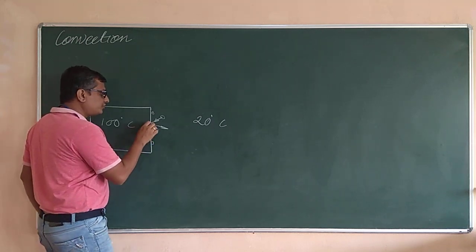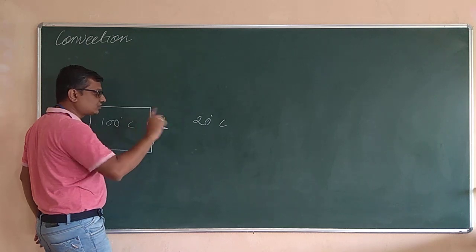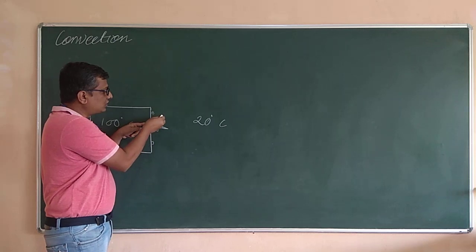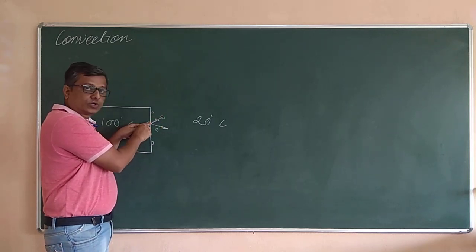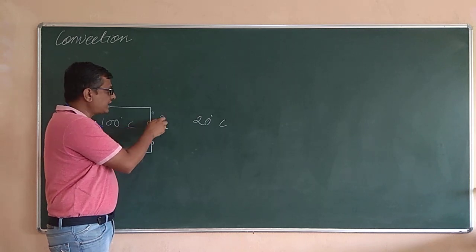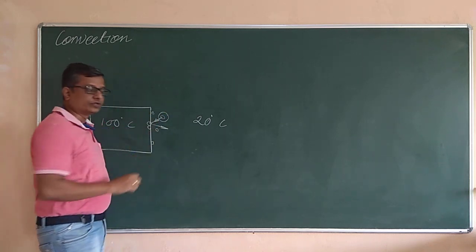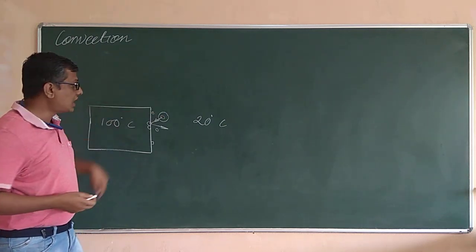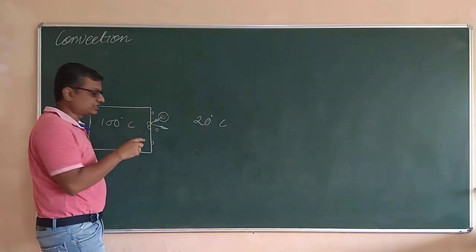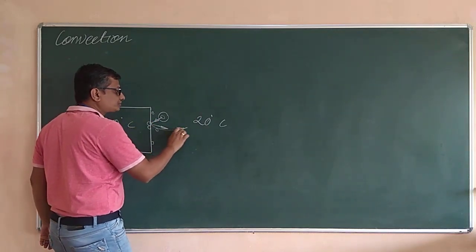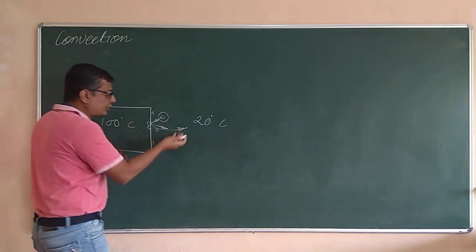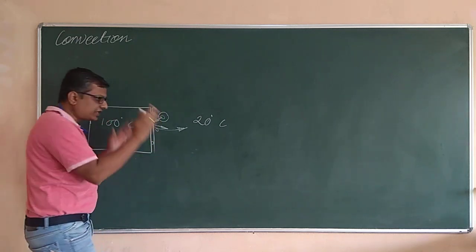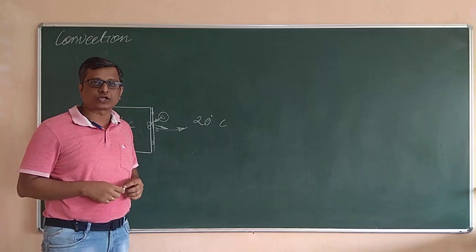The molecules of the solid at the outer surface are also continuously vibrating, and when this vibrating molecule collides with the outside air molecule, that air molecule gains some velocity, and there will be a gain in the energy of this molecule. Gain in energy in the sense of what? The gain in the internal energy of this molecule, and some fraction of the energy of this block is carried away by this molecule, right? I am showing this arrow far away, but actually the motion takes place very close to that surface, in the range of a few microns.